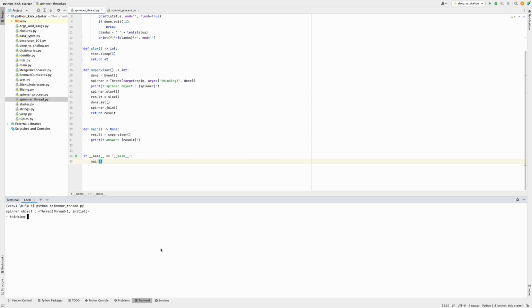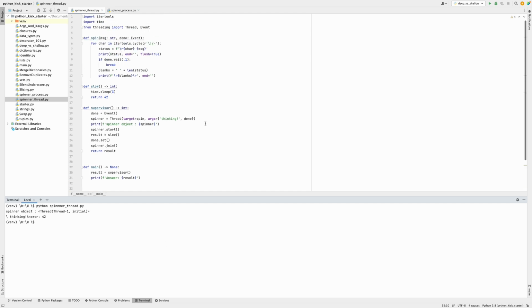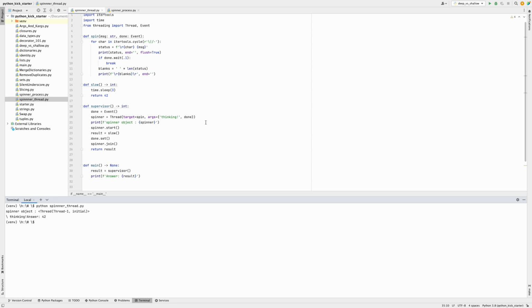So as you can see, it's actually spinning, and it will spin for 3 seconds, and finally it's giving us the answer, which is 42. So this is how you can create a simple program using Python threads. Now we will start with another example using the